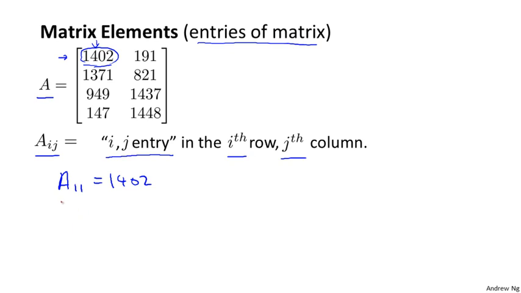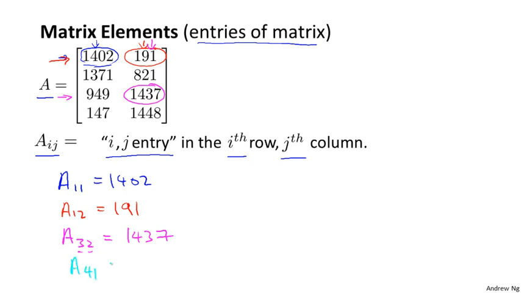Another example, A12 is going to refer to the entry in the first row and the second column. And so A12 is going to be equal to 191. Just a couple more quick examples. Let's say A32 is going to refer to the entry in the third row and the second column, right? Because that's 3, 2. So that's equal to 1437. And finally, A41 is going to refer to the fourth row, first column, which is equal to